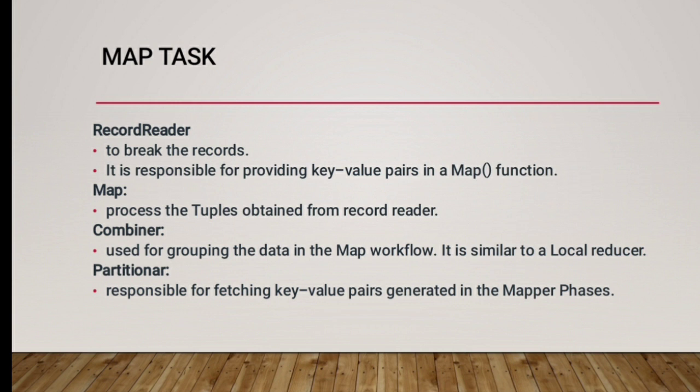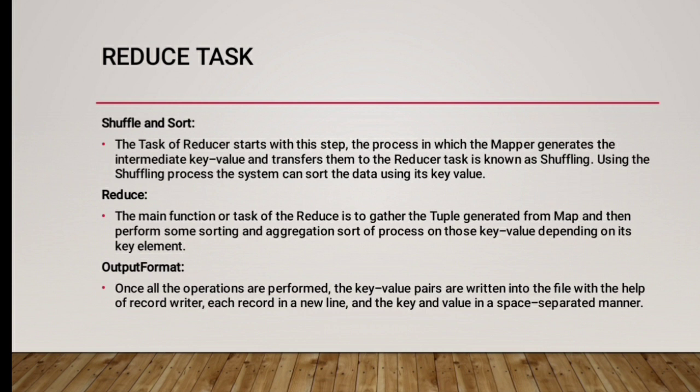Then the partitioner performs its hash code modulus with the number of reducers, that is, key hash code modulus number of reducers. Reduce task: the task of the reducer starts with a shuffle and sort step, the process in which the mapper generates the intermediate key-value pairs and transfers them to the reducer task is known as shuffling. Using this shuffling process, the system can sort the data using its key value. Once some of the mapping tasks are done, shuffling begins. That is why it is a faster process and does not wait for the completion of the task performed by